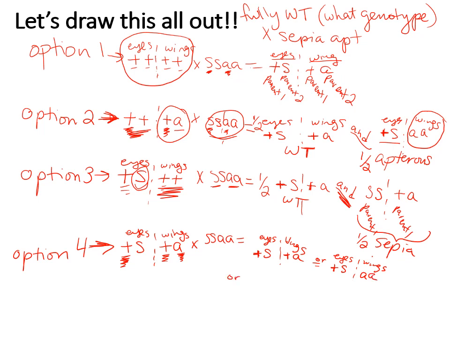Or there's still more. What if instead parent 1 is giving the sepia mutant allele? Okay, so for eyes, if it's giving sepia, it could then for wings either give plus or A. So plus, again, the second parent always giving S and A, or it can give that sepia